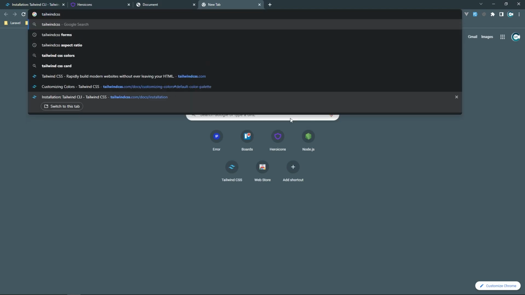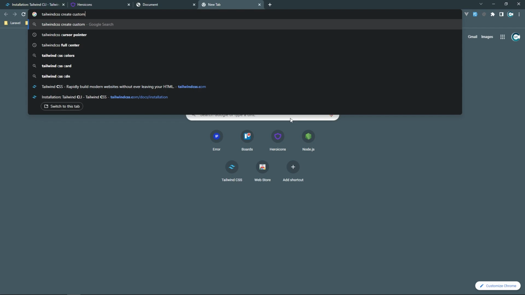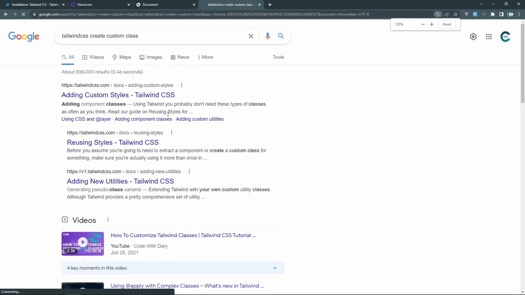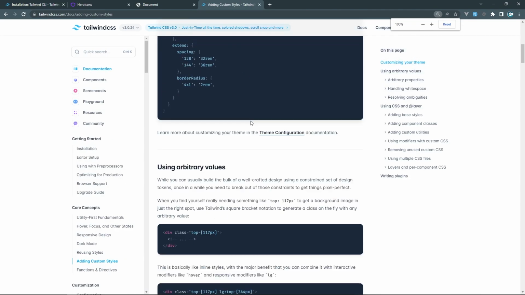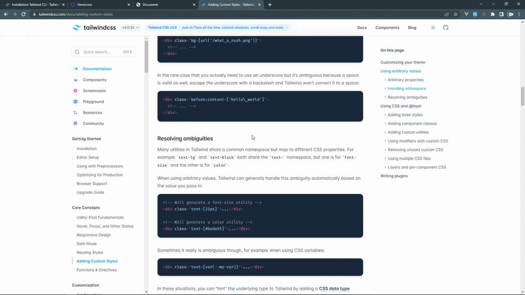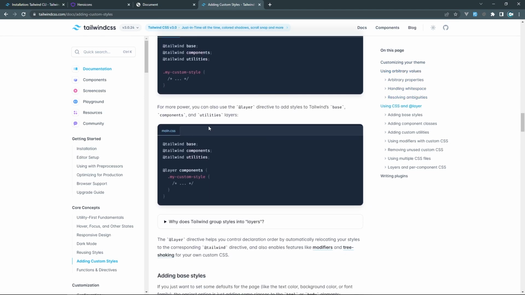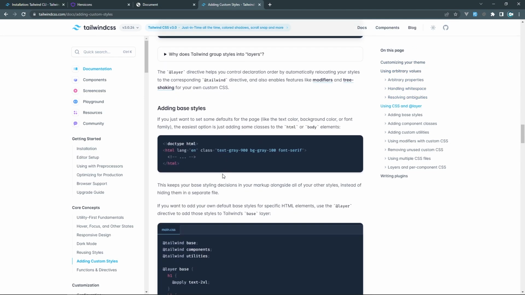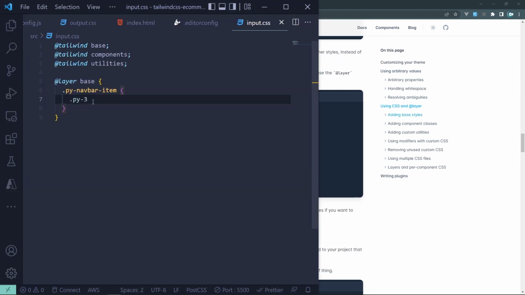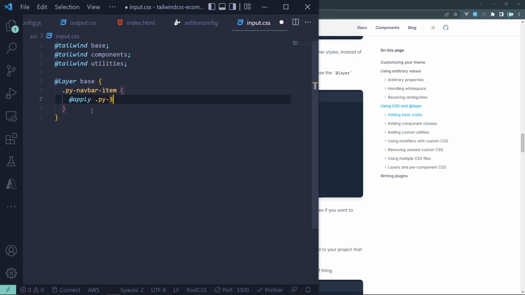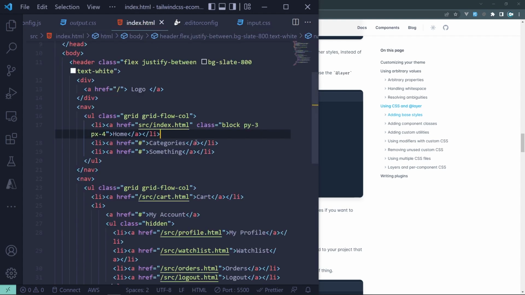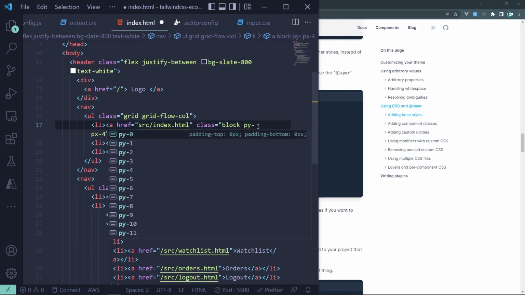Tailwind CSS create custom class. Let's search like this. Let me actually zoom in. Add custom styles. This is not what I want. This is not what I want. Layer, my custom style, apply. Yeah, I have to use apply. Apply padding y3. So padding y navbar item will be apply padding y3. So if I save that and go in the index.html and change this into padding y navbar